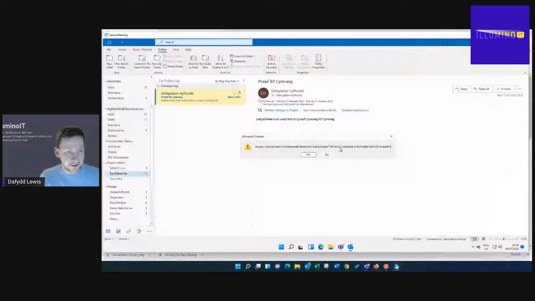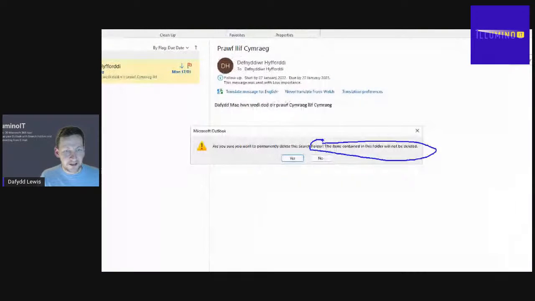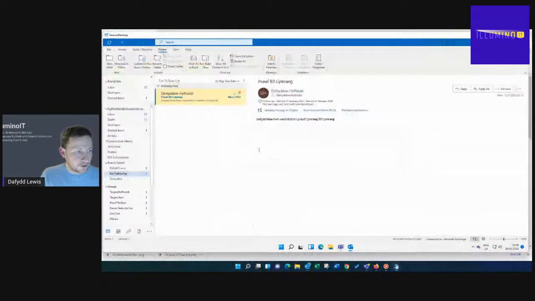And as you can see, it will tell me that the items contained in the folder will not be deleted. It's a view, it's not the actual message that you're going to be deleting. So you can also delete that search folder without worrying about those messages going missing. Okay, there we go. So the next feature that I want to show you to save some time and also make